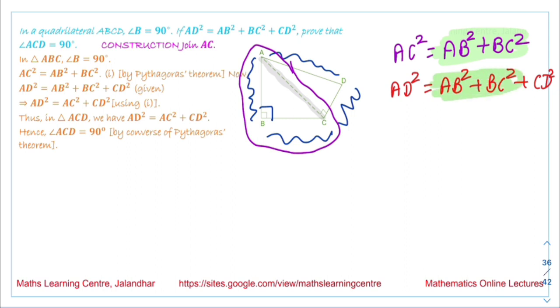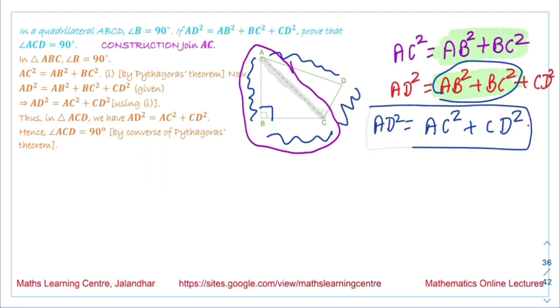This is AB square plus BC square over here. So in place of this term, we can write AC square plus CD square. So what we get is AD square, we are talking about this term AD square,